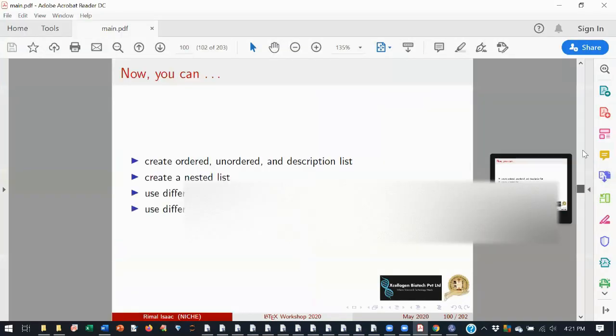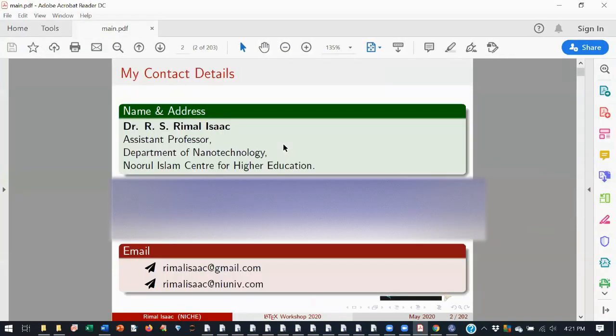We saw many things today, like landscape, page margins, formatting text, page coloring, aligning the text, bullets, and numbering. You try it. In LaTeX, trying is very important. You try, work it out.